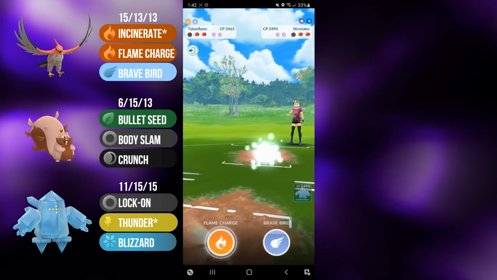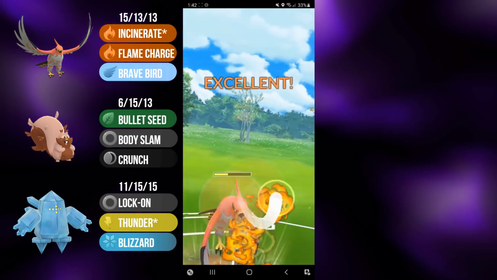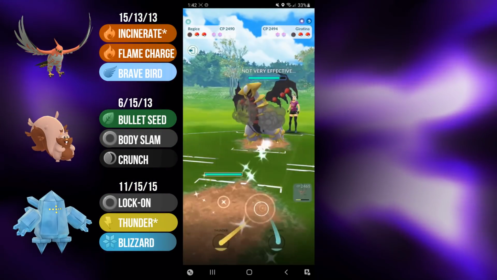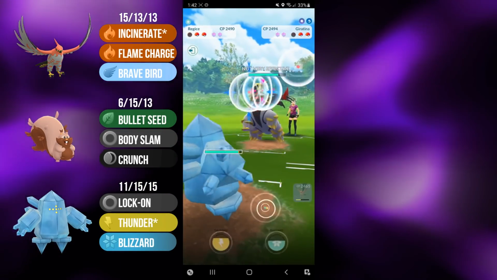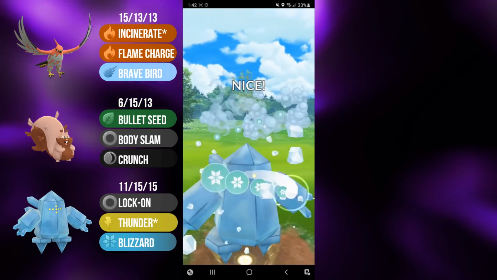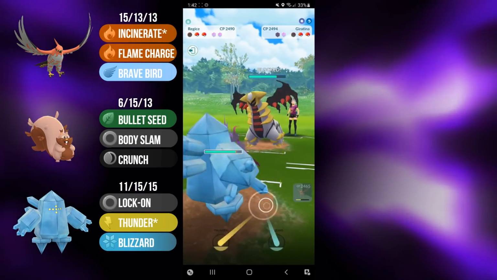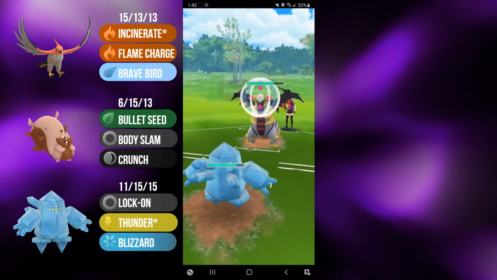So they farm down. I bring in Talonflame, and they do end up catching, and they have a Giratina in the back. We go for the Flame Charge. Unfortunately, it was caught, and now we bring in Regice. Regice is going to be going for the Blizzard. At this point, they see the Ice typing. They're going to be shielding everything, so they do shield up the Blizzard, and we do have a pretty decent matchup